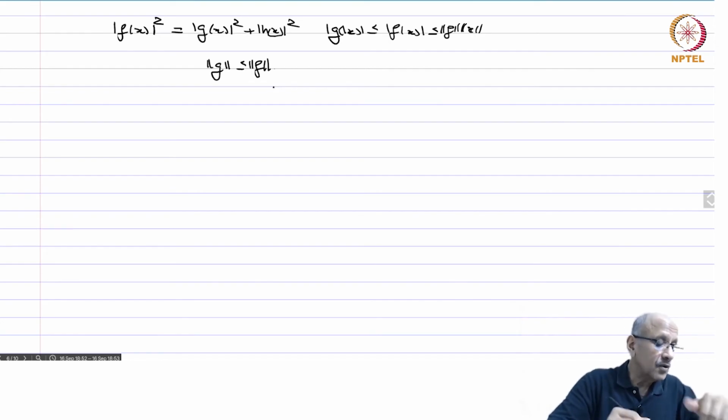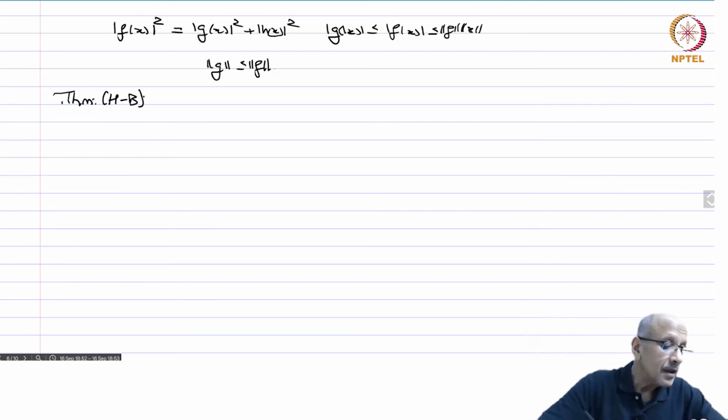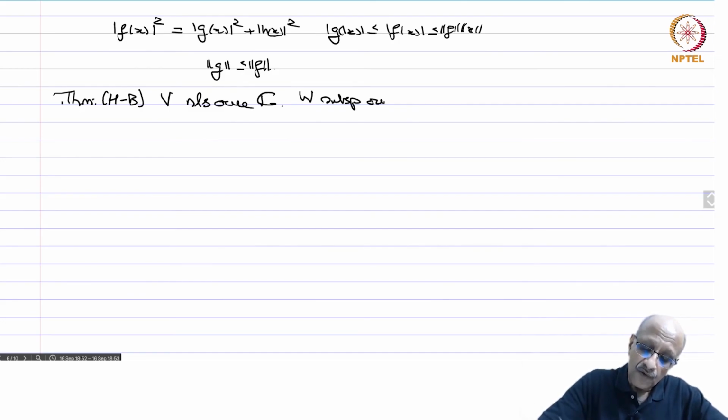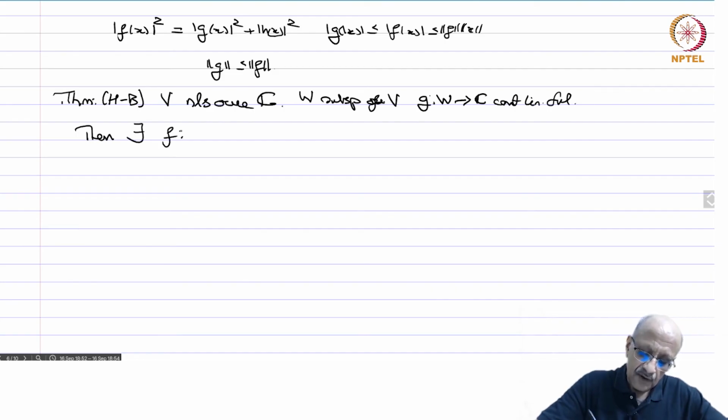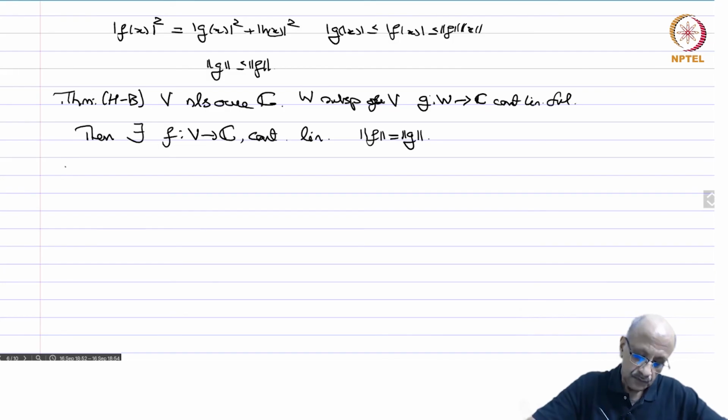So now we go on to the Hahn-Banach theorem. Again, V a normed linear space over C, W a subspace of V, and g from W to C a continuous linear function. Then there exists f from V to C continuous linear, and norm f equal to norm g. So proof. So we will write g of x as some h of x minus i times h of i x,